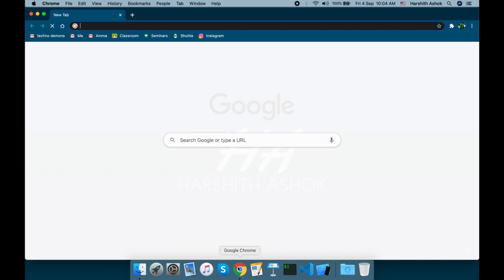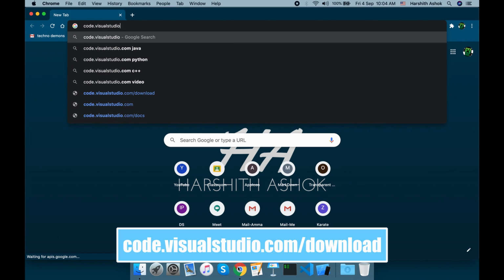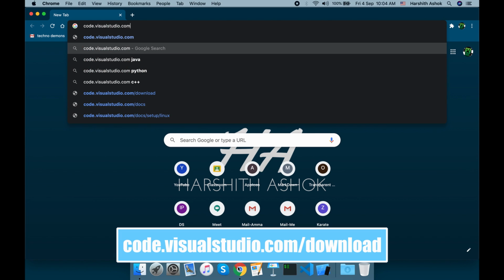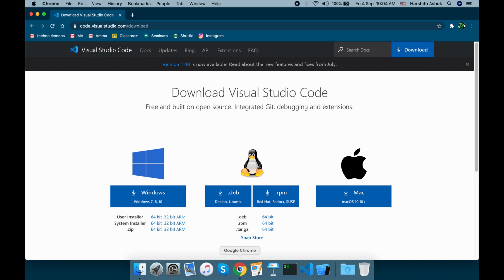Okay, the first thing we need to do is open up Chrome, and now we are going to go to code.visualstudio.com. This is for installing Visual Studio Code, which I personally recommend you to use. And as this is for Mac, you will be having the simulator with you, so it is not necessary for you to install Android Studio. But if you are using Windows or Linux, you might need to install Android Studio. I'll be discussing how to install it in the next section.